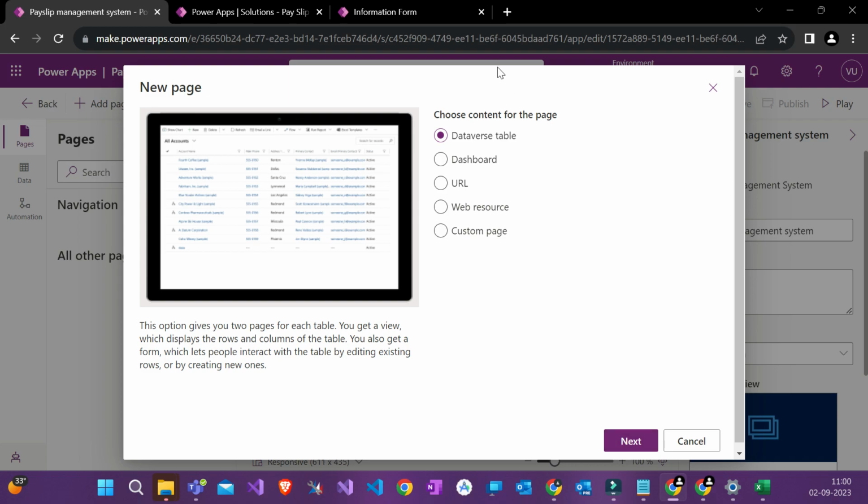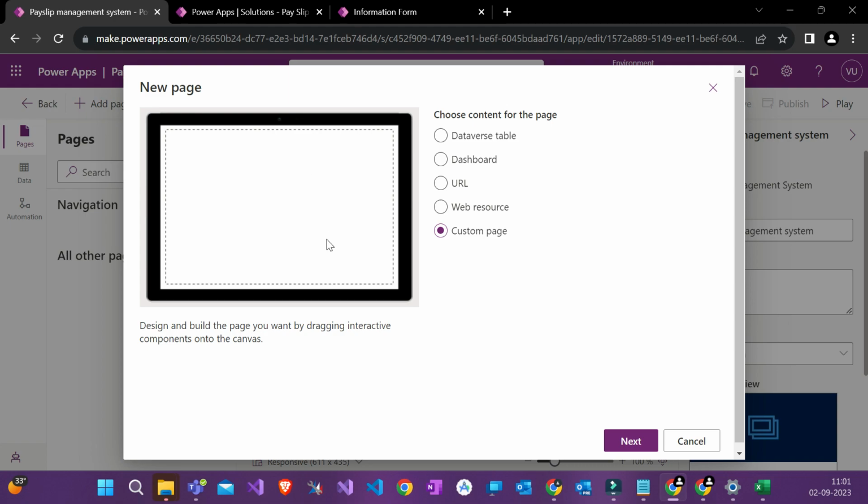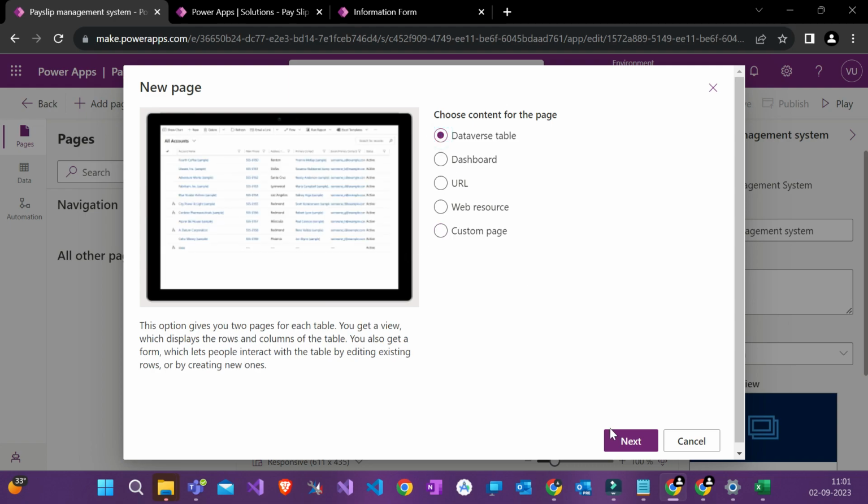Now dashboard again, you know, then URL, embedded URL we call it, and then it will create a normal website for you. But we'll not do this. Web resource, again you can put your own custom code inside it, so that suppose you have a static HTML. Static means which never changes. You have created a HTML page with hello world written on it. A website, a page, that never changes. You upload it as a web resource, it will be there. Custom page, again if you click on custom page, you can put in your own custom page, like code or a Canvas app. You can put a Canvas app in this also. Now we'll click on next.